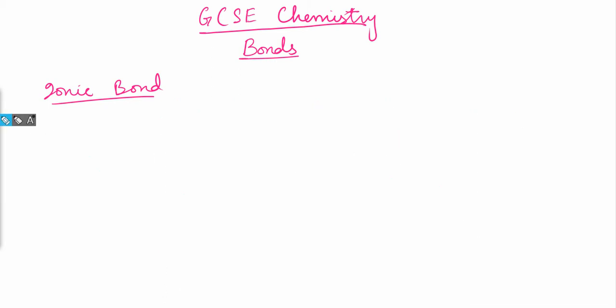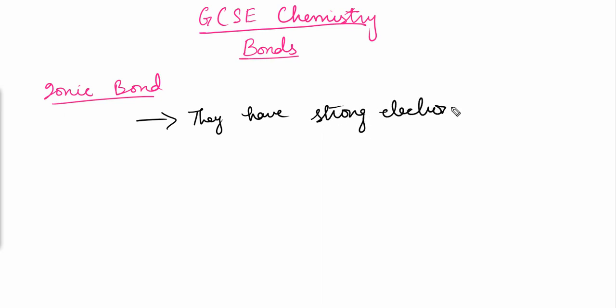Let's discuss something more about the ionic bonds. Ionic bonds are basically the strongest of all, and they have strong electrostatic forces between the atoms, and they form a lattice structure between the atoms. So let me write down the properties of the ionic bonds. They have strong electrostatic forces between the atoms, and they form